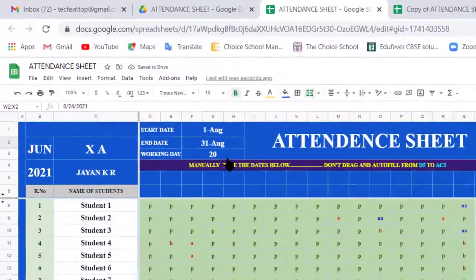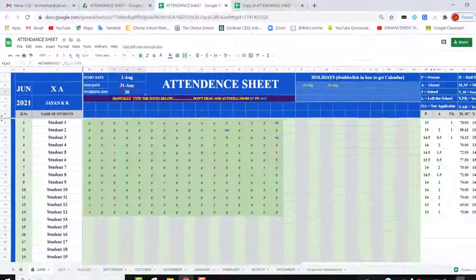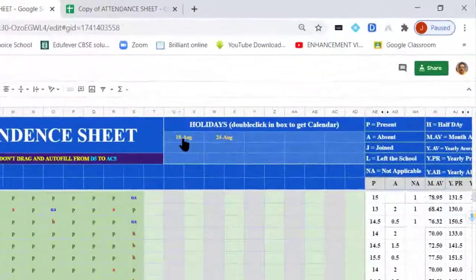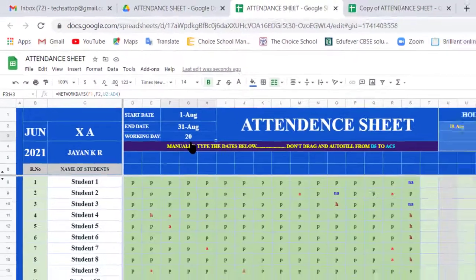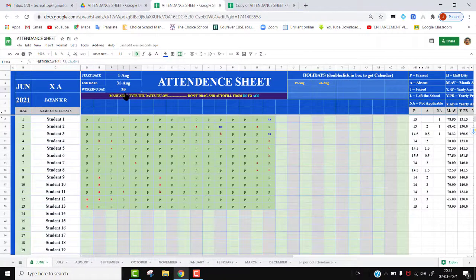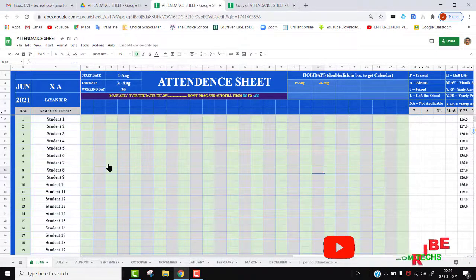According to these days, you can see the number of working days is reduced to 20, because the total working days excluding Saturday and Sunday is 22, and I have given 2 more days in this column, so that also reduced automatically. I will explain in another video how to make this too. This month we have only 20 days. Now this attendance sheet is ready to enter.